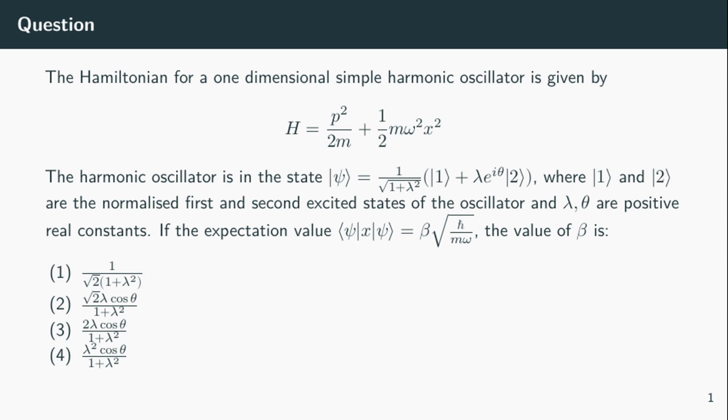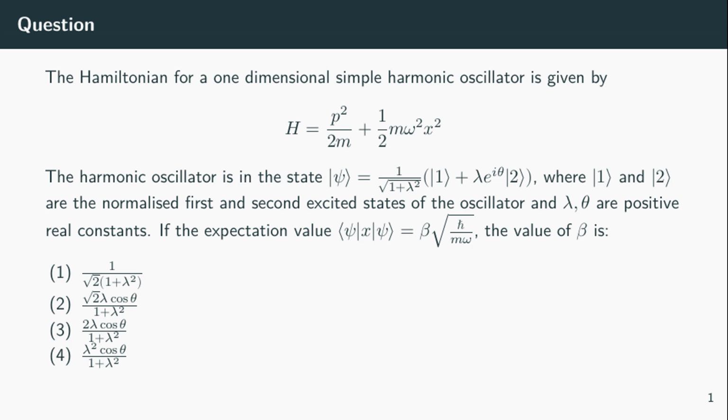Now the interesting part is the state the oscillator is in. It's not a simple energy eigenstate but rather a superposition. It's given by the state vector psi, which is 1 over the square root of 1 plus lambda squared multiplied by the sum of the first excited state ket1 and lambda times e to the power of i theta times the second excited state ket2. We are told that ket1 and ket2 are the normalized first and second excited states and lambda and theta are